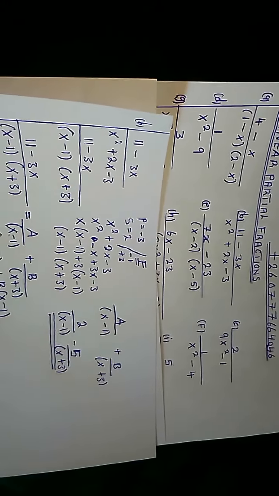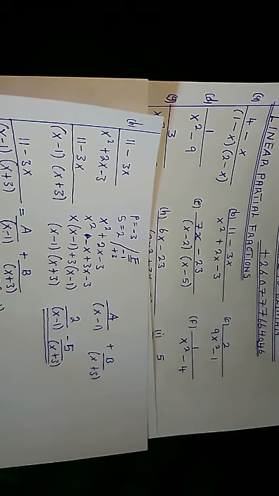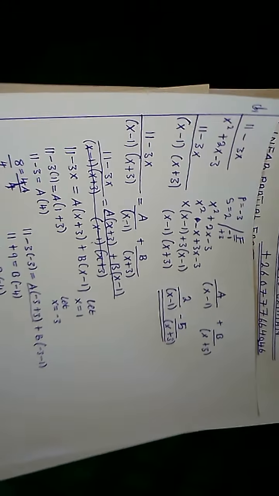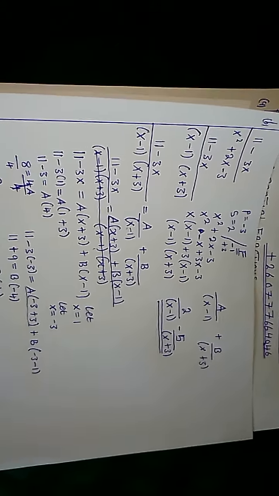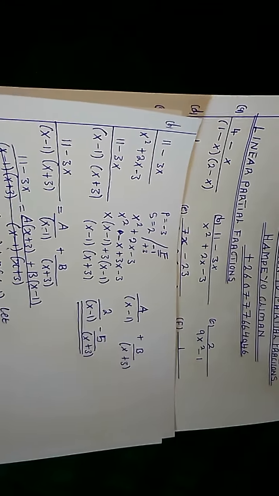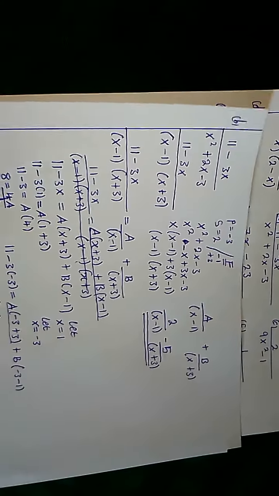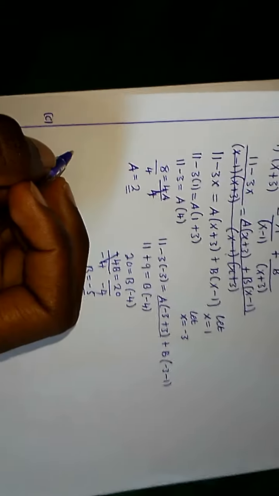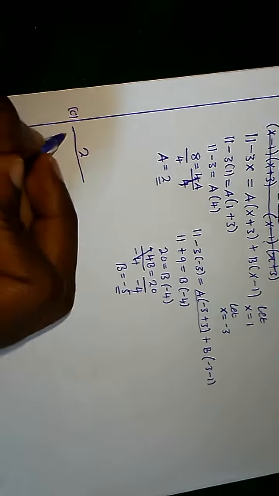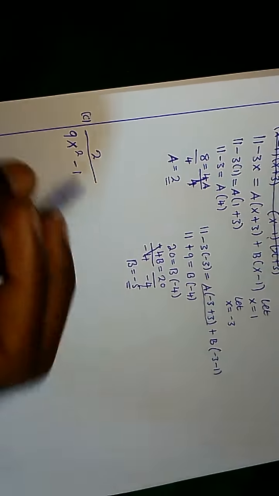Indeed. So C is also very simple. You just have to use the difference of two squares. Let me find D also, so that we see where this is going to take us. Okay. So for C, it's the same. You just use the difference of two squares. Let me just solve C. So C, they're saying 2 over 9x to the power 2 minus 1. Now, for this one, the difference of two squares,